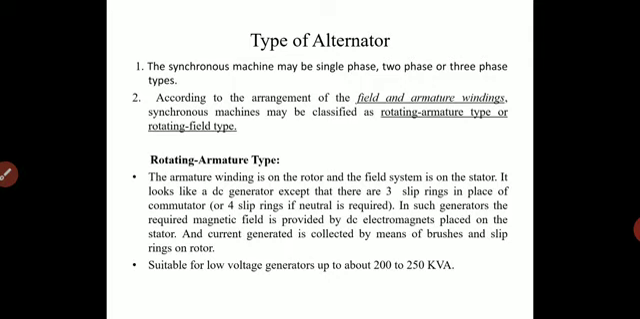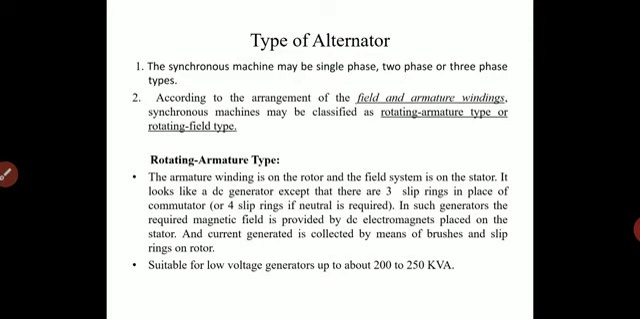Rotating, so in case of a rotating armature type alternator, the armature winding is on the rotor and the field winding is on the stator. It is like the DC generator. If you remember the DC generator, the armature winding is on the rotor part, the field winding is on the stator part. You excite the field winding, so EMF is generated in the armature winding and you take the output, and there is an arrangement of commutator in the armature